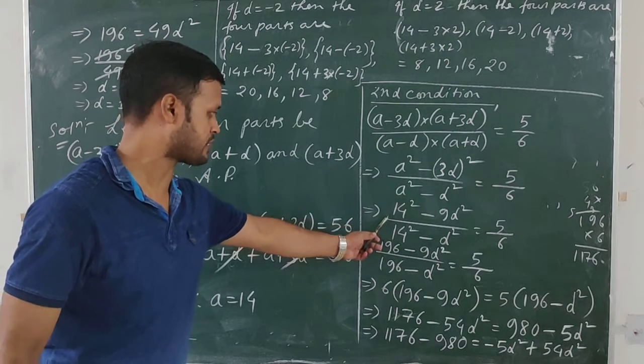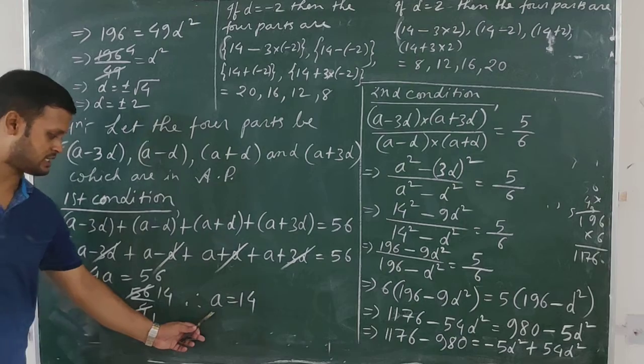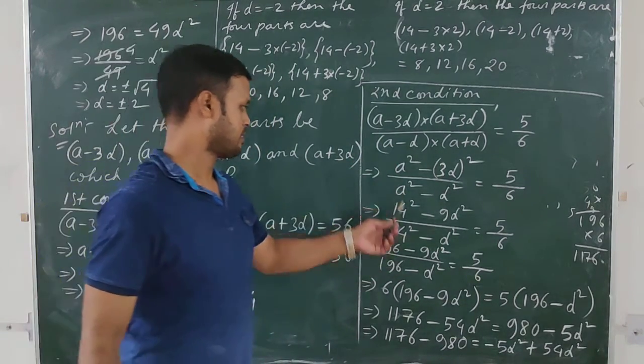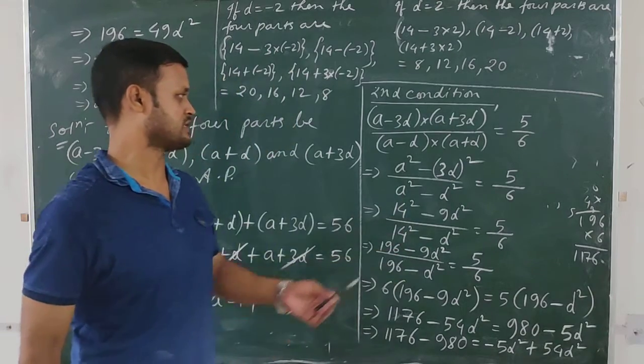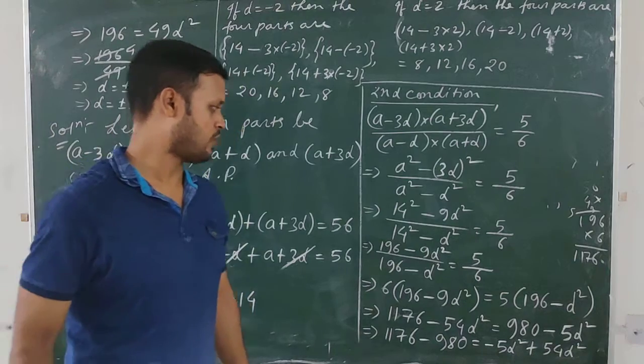What is the value of A? 40. Here we got the value of A. What is the value of A, students? The value of A is 40. So in place of A, you just put 40, so it will become 40 square. Below also in place of A, you put 40, it will become 40 square. And 3D also will become 9D square, and this one is B square. Now what we will do is this 40